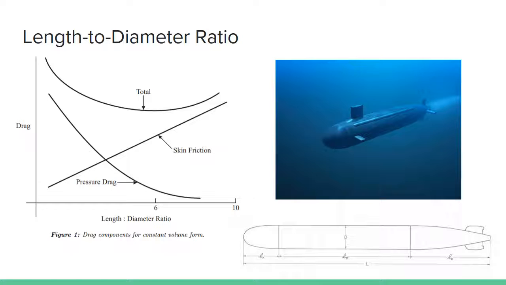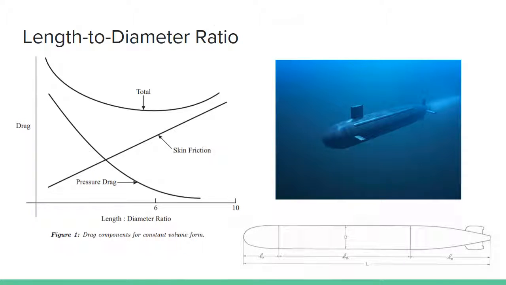Generally, the L/D ratio is determined by two factors: the drag caused by the pressure drop over the length of the hull, or pressure drag, and the drag caused by frictional resistance of the hull, or skin friction. As shown in the chart, the theoretical optimal L/D ratio occurs somewhere close to 7. The objective of this report was to attempt to recreate the above chart by changing the dimensions of a simple